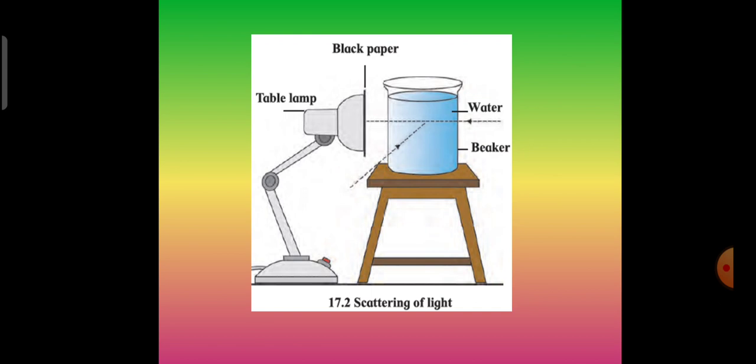You light the bulb and place the beaker in contact with the hole. Observe from the front and at an angle of 90 degrees. Now add 2 to 3 drops of milk to the water and stir. Observe again. A few more drops of milk may have to be added to make the water turbid.